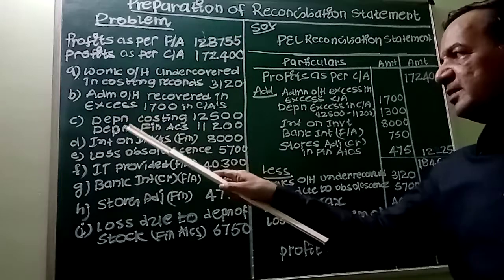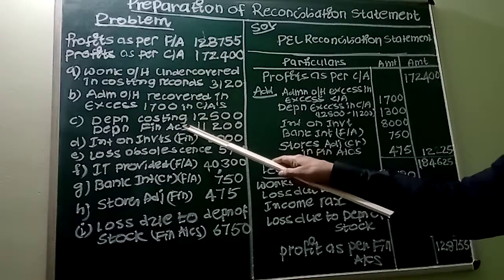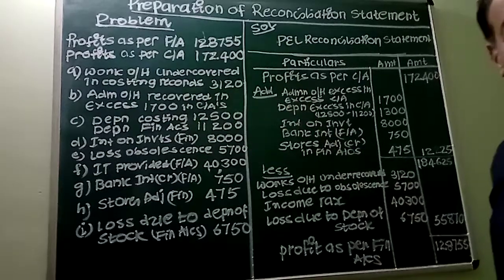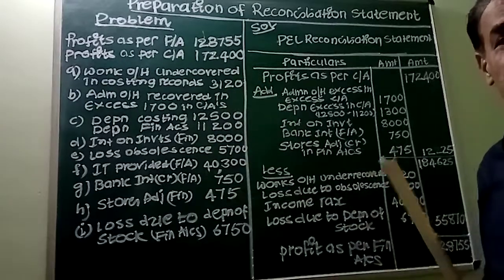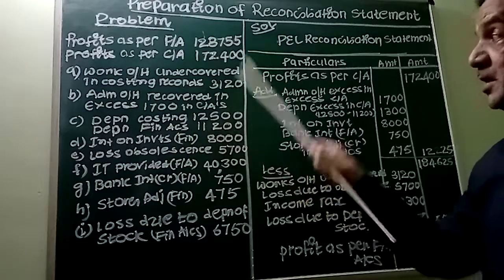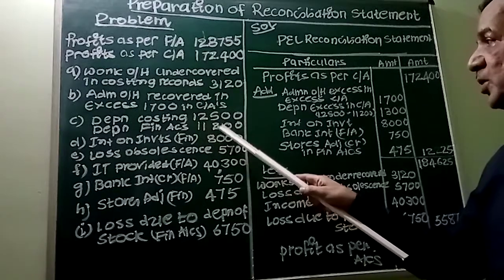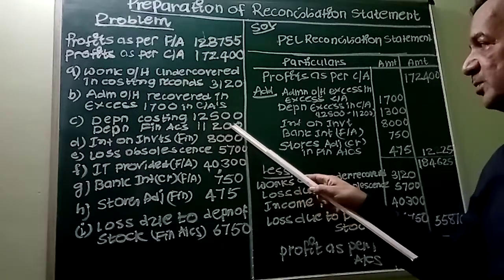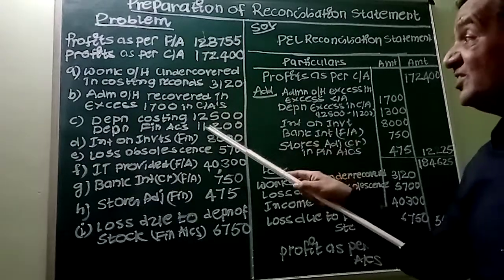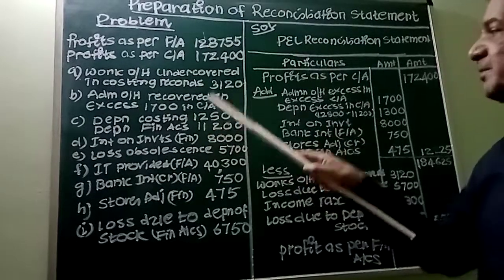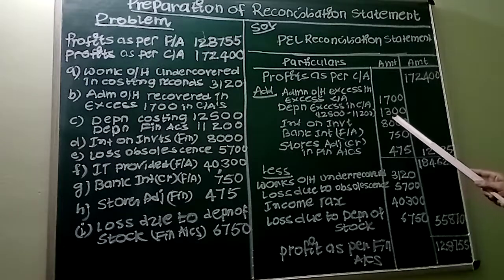Now depreciation, both are given. Depreciation as per costing, depreciation as per financial accounts. As per costing it is 12,500. As per financial account it is 11,200. That means in financial accounting the depreciation is less. When the expenditure is less in financial accounting, profits will be more. Say how much is less? Deduct 11,200 from 12,500. That means 1,300 rupees depreciation charged less in financial accounts, which will result in the increase in the profit to the extent of 1,300 rupees. When the profits have increased, you must increase here also, add it, 1,300 rupees.